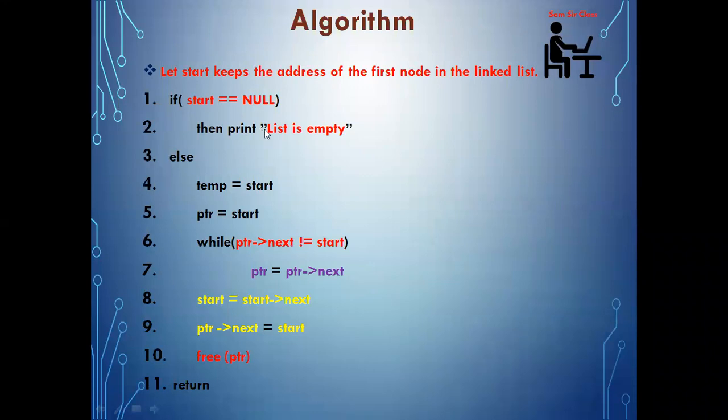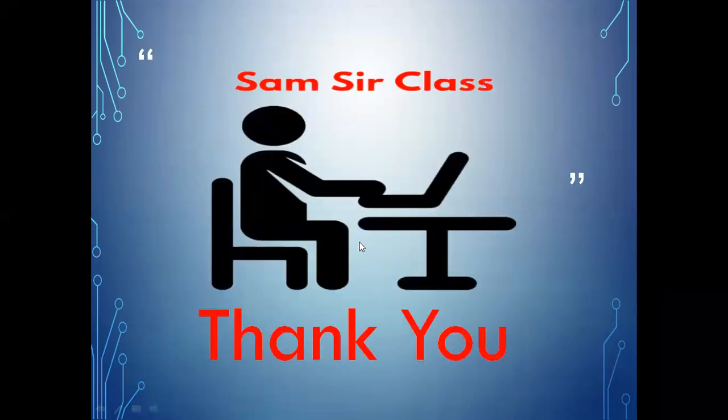Now this algorithm is all about whatever you have implemented. We are taking the help of two variables, temp and ptr. Ptr will reach the last node. After that, start is pointing to the second node, and the last node's next is pointing to the new start, and then you free the memory. Okay. So I hope everyone has understood. So you need to implement the concept of single linked list, delete from beginning with all special cases. Then you copy the code and modify it for circular linked list and realize what is the difference, and add all the special cases you need to write in circular linked list. Okay. So thank you everyone for watching this.